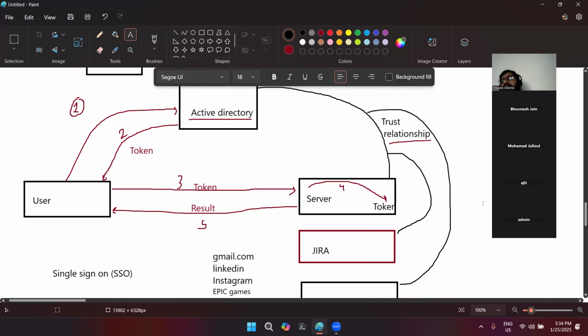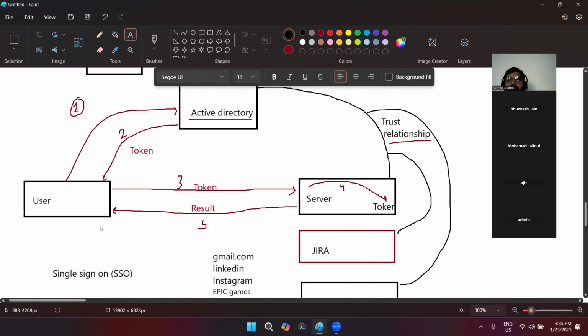Yeah, Sham, my question is, the first step you said it will go to the Active Directory. Isn't it supposed to go to the server, and the server knows that it has to check with the Active Directory whether the user is an authenticated user or not? How do we know that for the particular service or server, the first step or redirection will happen to the Active Directory? In the URL. When you enter any URL, you are redirecting, so in the URL only you can see all the information, where it is going first.